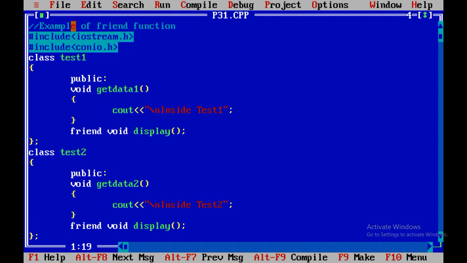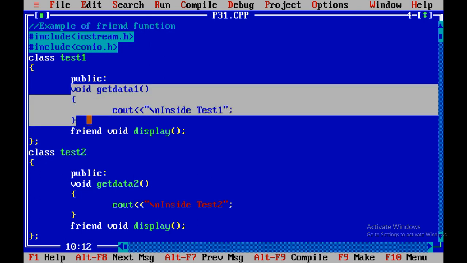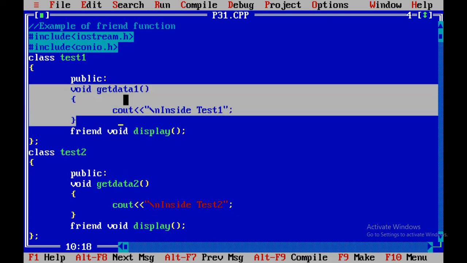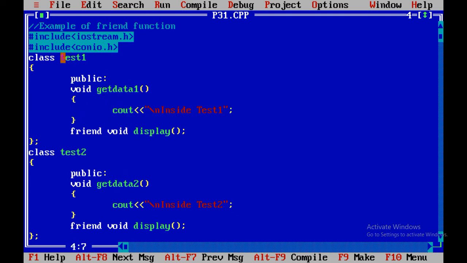See, when there is a requirement to create two classes, over here we can take test1 and test2, right? Both classes have their own private methods called getdata1 and getdata2. Suppose I want to access getdata1, in such cases I need to create an object of the test1 class.